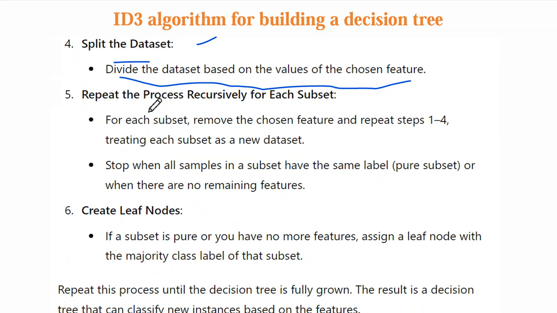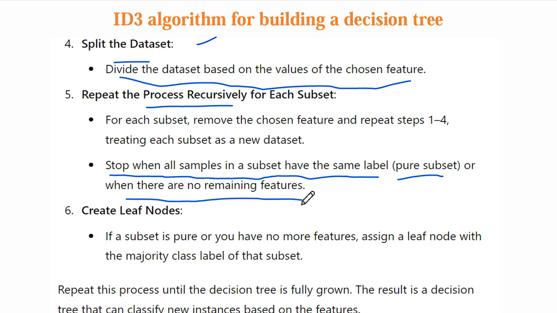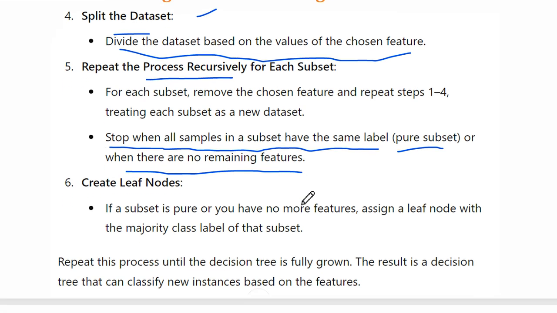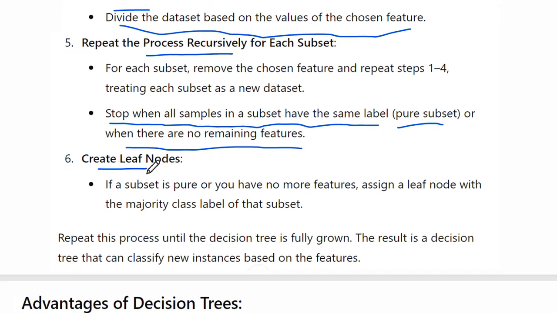We have to repeat that entire process until all samples in the subset have the same label, that is a pure subset, or there are no remaining features. Then we have to stop the algorithm and create the leaf nodes. If a subset is pure or you have no more features, assign a leaf node with the majority class label